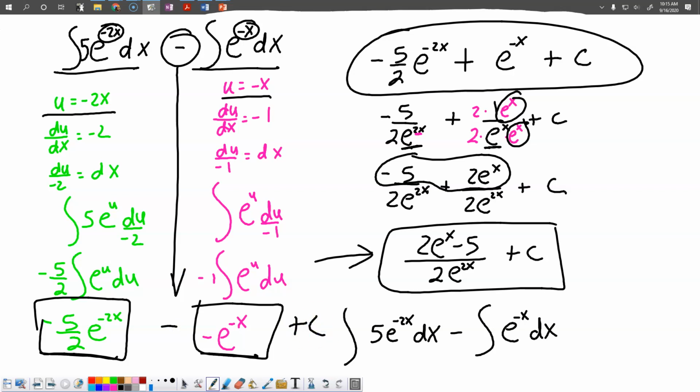Something else you guys might be wondering about this, well, shouldn't we have 2 plus c's? Well, I mean, you could. Some people might think, well, if we integrate here, we should have a plus c, and then we integrate here, we should have a plus c, so there should be 2 of them. Well, you're right, but I hope you guys remember what the plus c means. It just means that